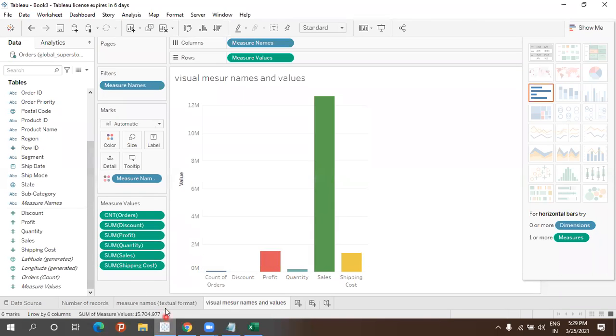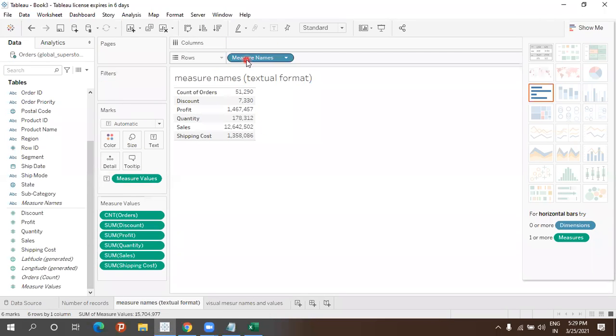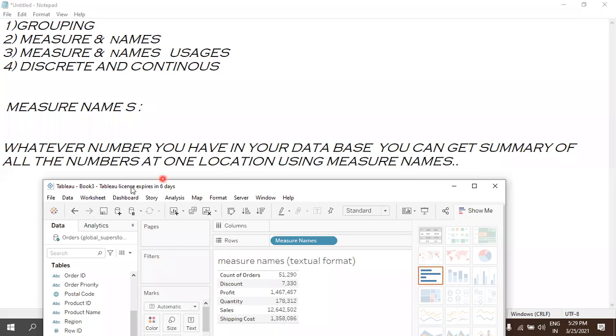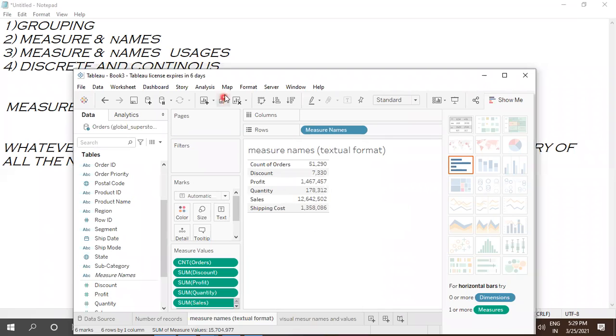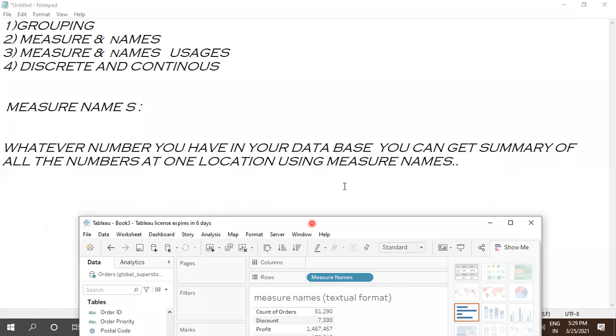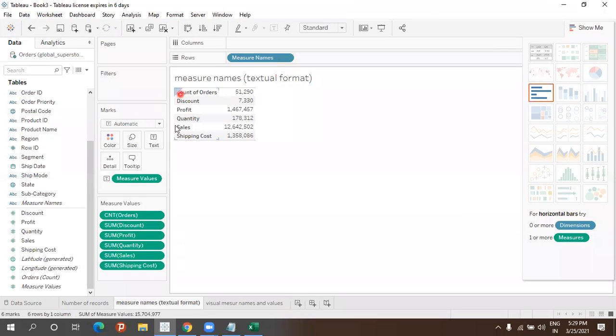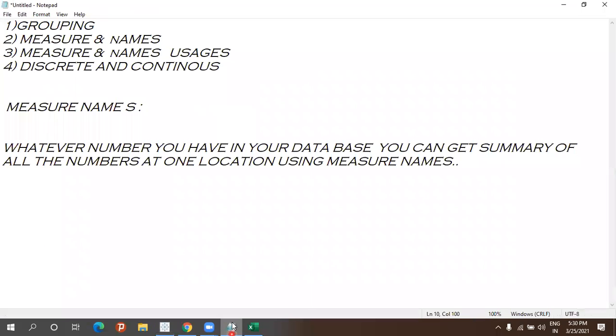Is that the definition? How can you explain measure names? If you take this, it will be useful, because measures usage, dimension usage, and discrete are all important in interviews.